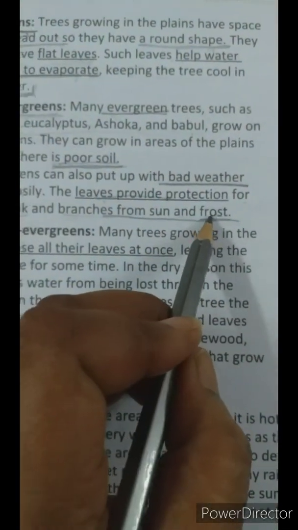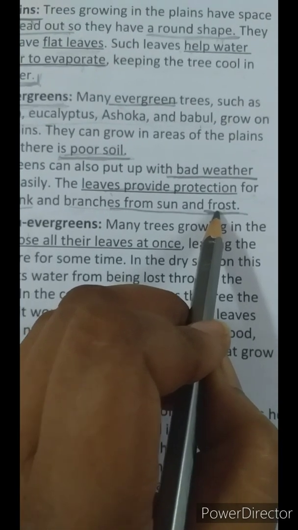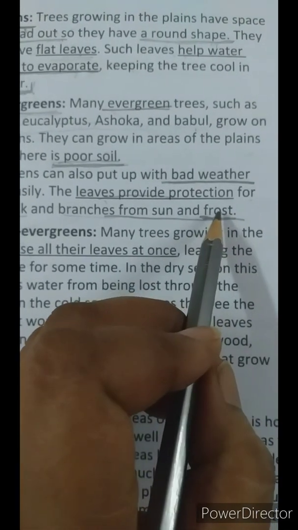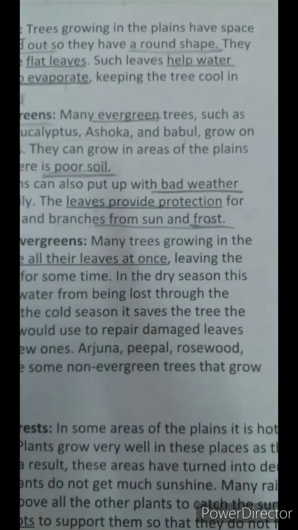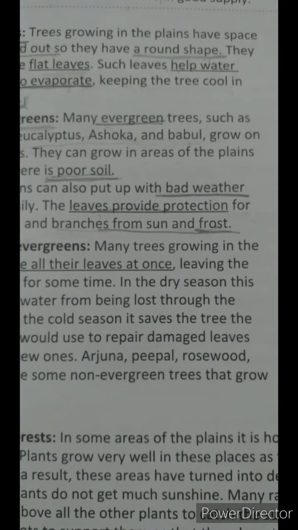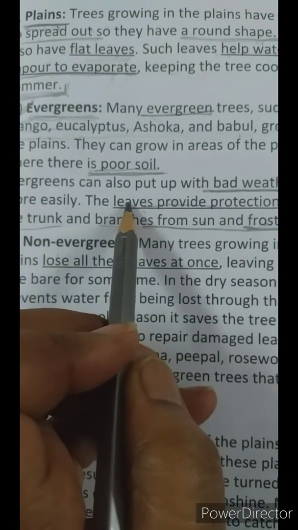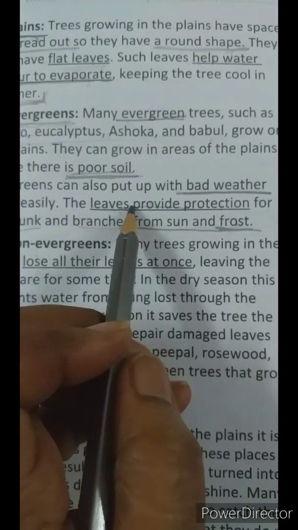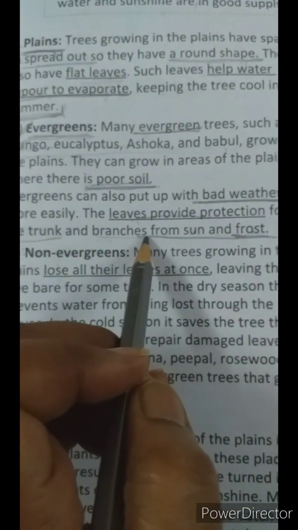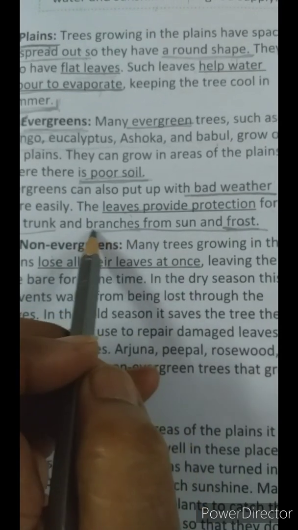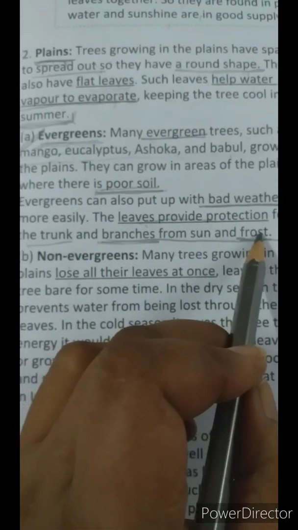Water vapor forms a thin layer of ice. Okay, water vapor freezes. This frost can form a layer on the leaves or on the trunk. So these leaves that have a broader surface protect the trunk and branches from being destroyed by the sun and frost.